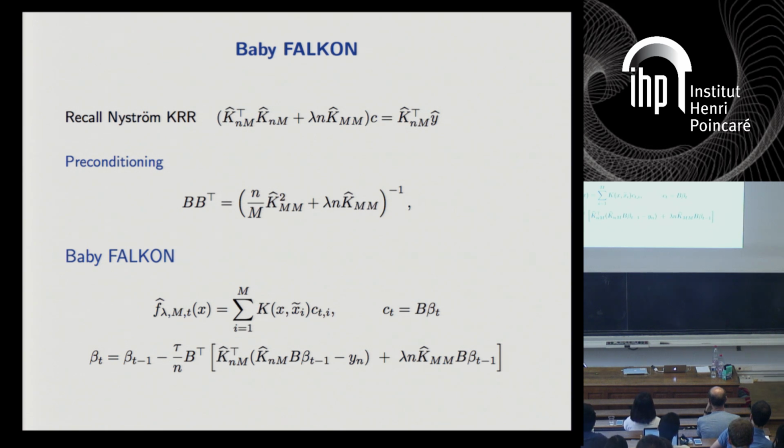Then the idea is that you want to do preconditioning. The ideal preconditioning is the inverse of this matrix. But if you do that, you don't gain anything, okay? Because you already solved the problem. So the idea is that rather than using this matrix here,